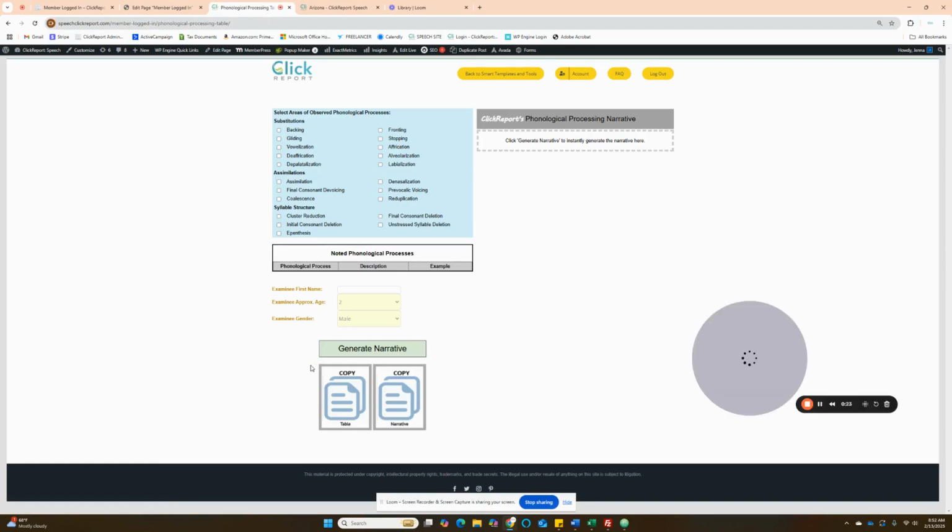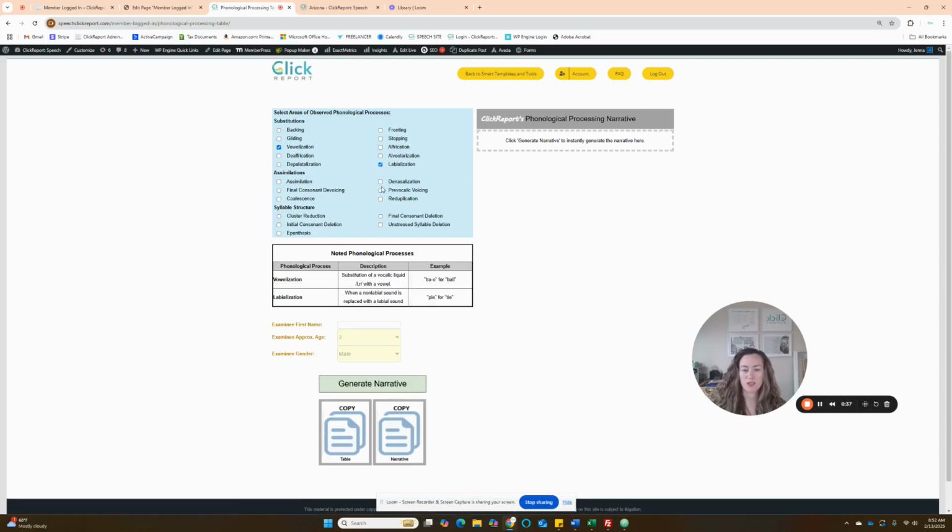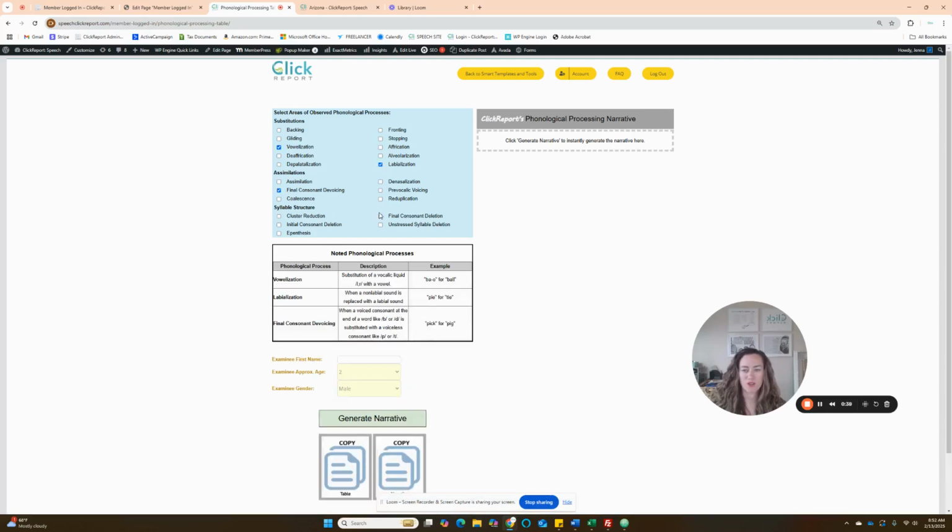And with this tool, you're going to mark any area that you observed either during your assessment or your conversational observations. And you can see that we have them broken down between substitutions, assimilations, and syllable structure. So I'm just going to show you a few of these and point out a few different features of this